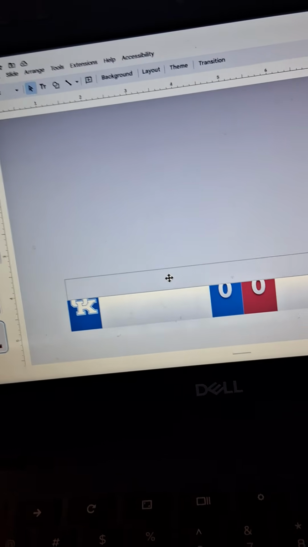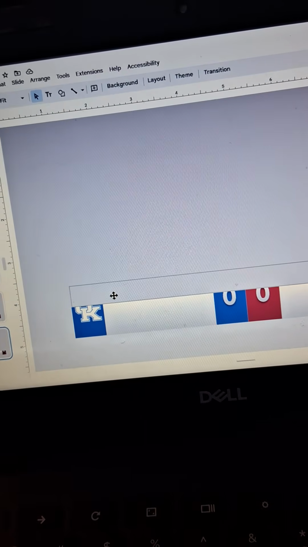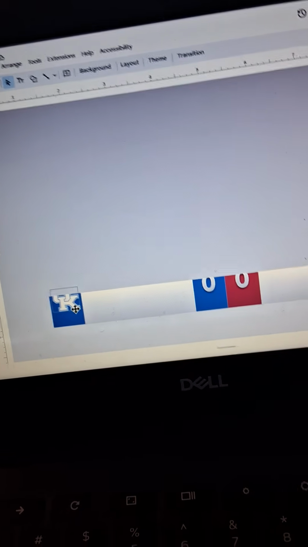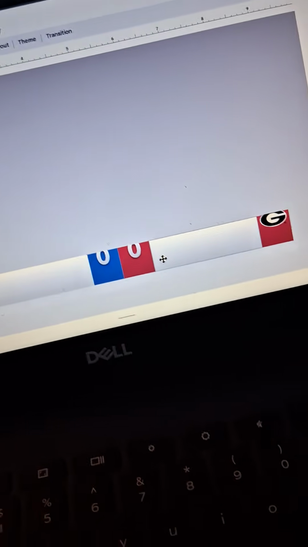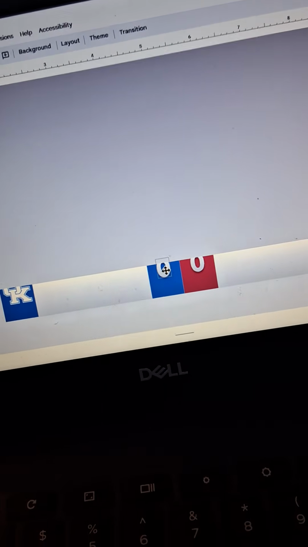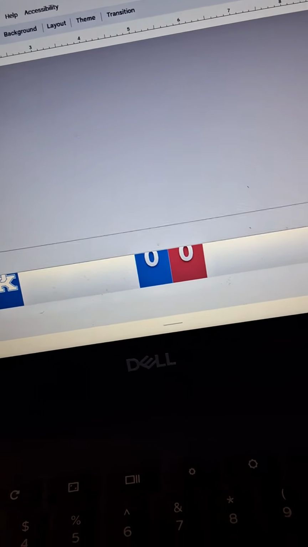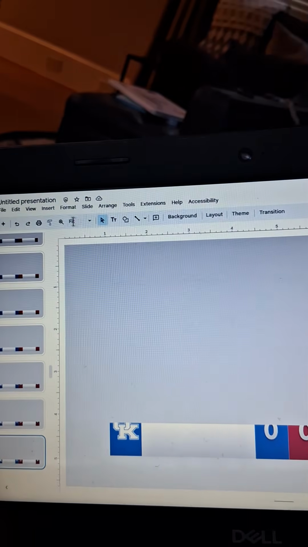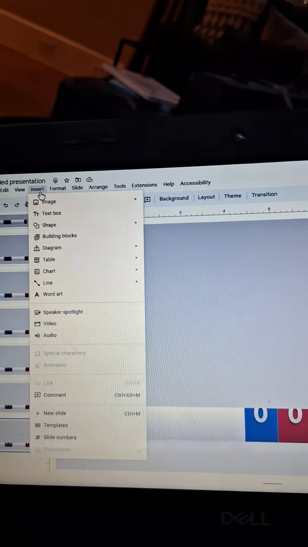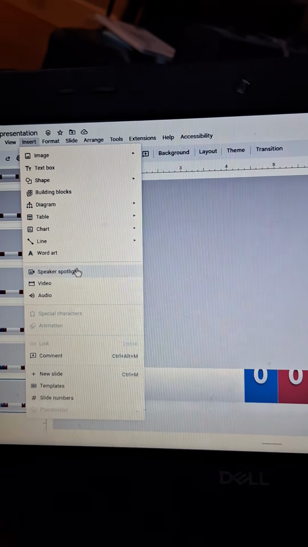If you want to have this cool effect, then you're going to want to add a box so that the logos can come in like this. And I used a box because the word art can't be cropped. In order to do word art, you're going to want to go to Insert, go to Word Art,